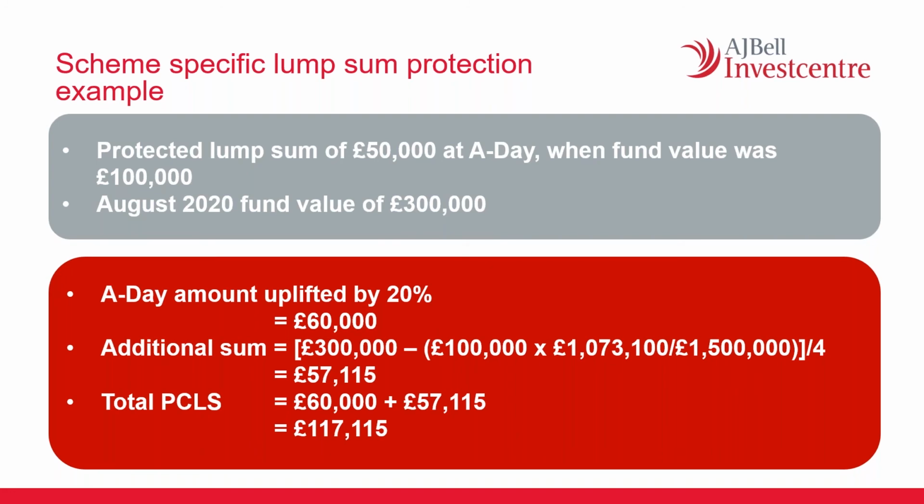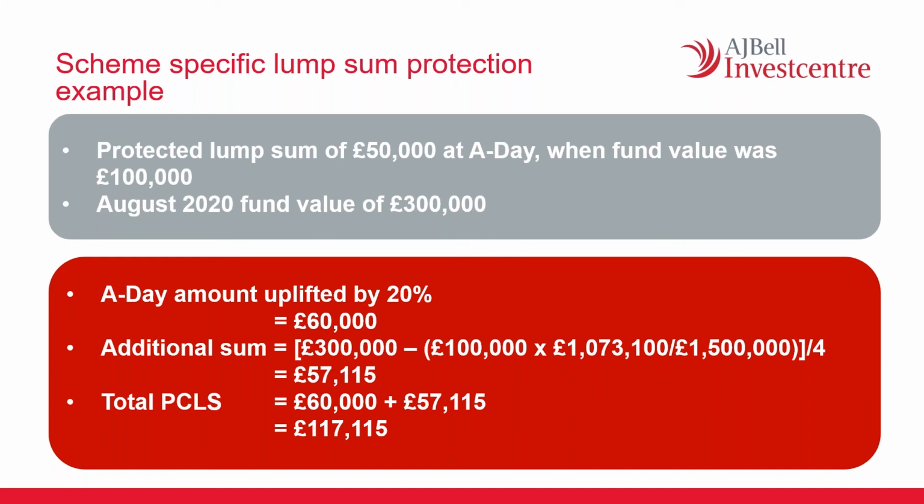There's two elements to the equation to working out what the PCLS is. There's the first part, which is your A-Day amount uplifted by 20%. So that's your £50,000 protected lump sum uplifted by 20% to give you £60,000. And then the second part of it is your additional sum, which is meant to represent 25% of everything you've gained since A-Day. So you have your £300,000, which is your total fund you're crystallising now, and you